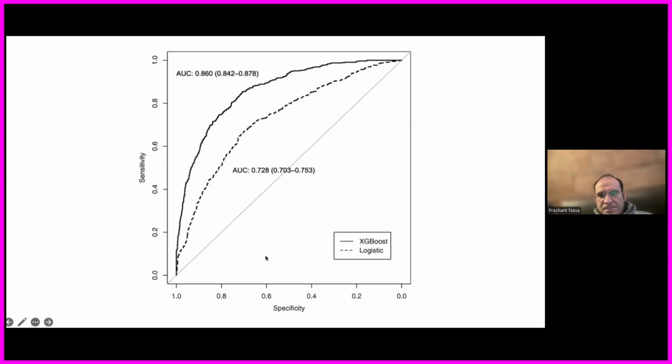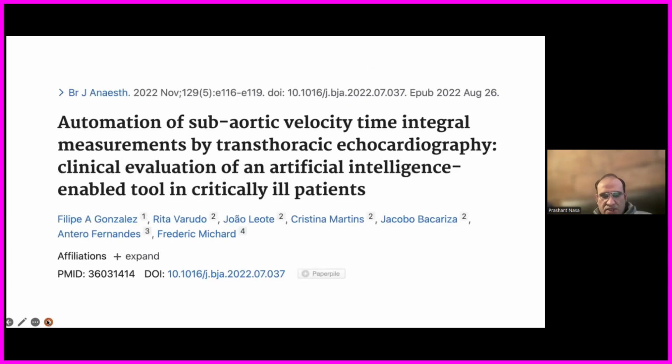What was found was that this so-called XGBoost, the name given to this model, performed much better than the simple logistic regression model, which tries to look at simple tools of assessing risk factors for acute kidney injury and how these patients will respond to fluid administration. So machine learning performed better as compared to simple logistic regression or simple risk factors of acute kidney injury in these patients. And by this complex validated model, what they tried to prove was that their model performed nearly 86% with sensitivity as compared to 72% by simple logistic regression.